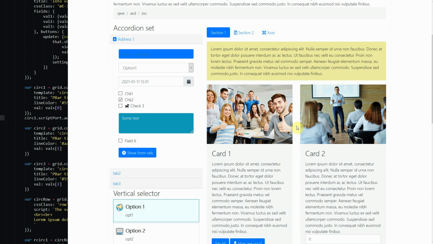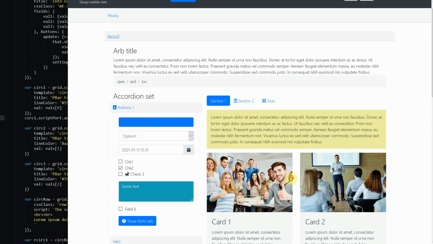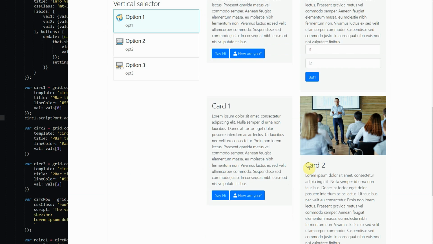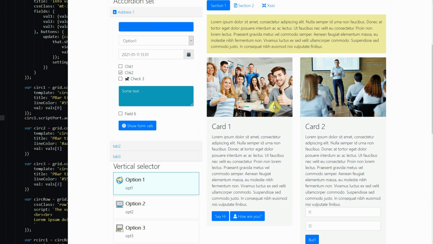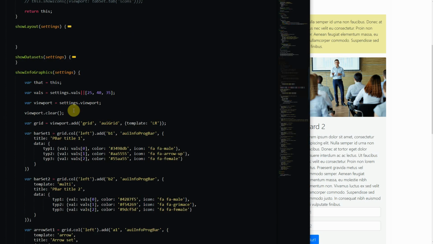So when we were looking at the layout, we have these cards here, and then we want to be able also to get rid of the image. So sometimes we just want to use the card. We don't want to use the image in the card. To do that, we can simply omit the image tag. So if we go back to the layout,